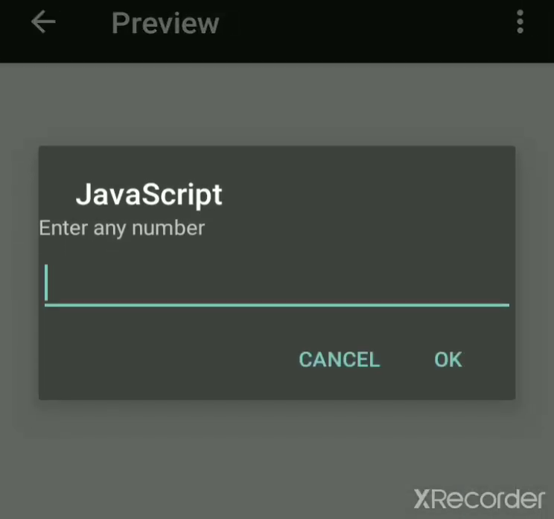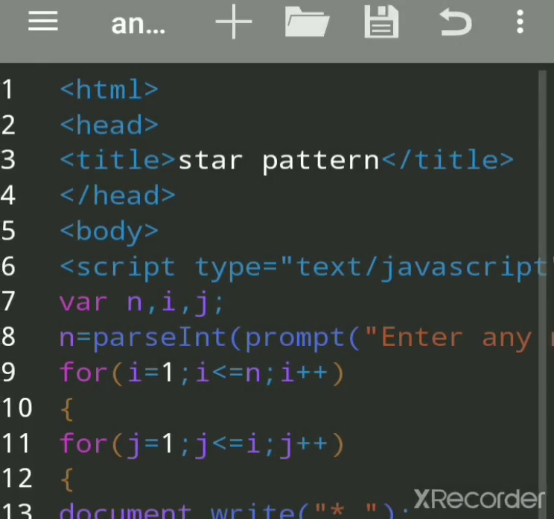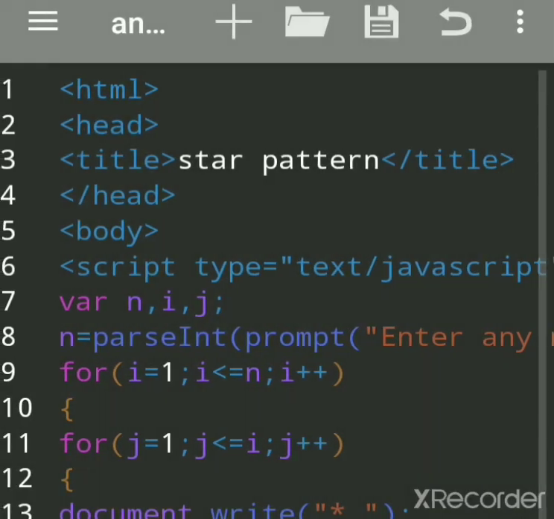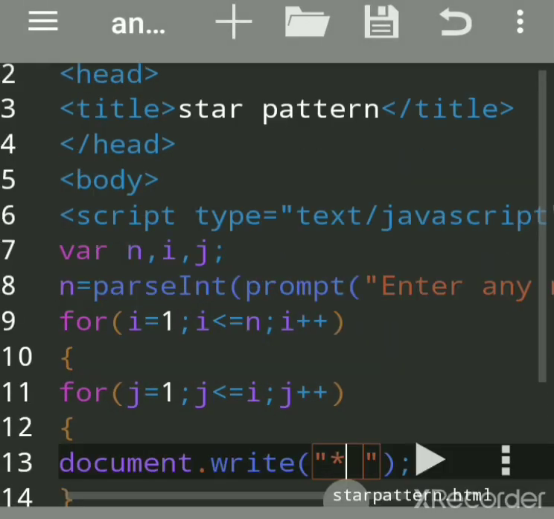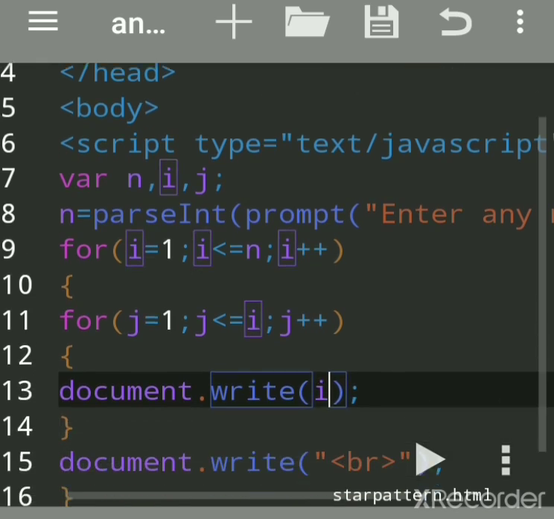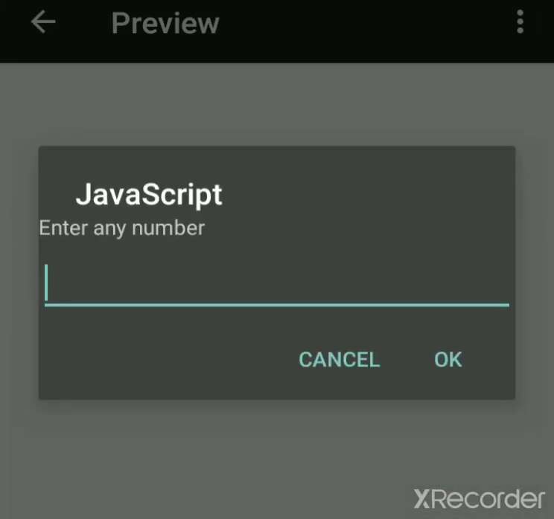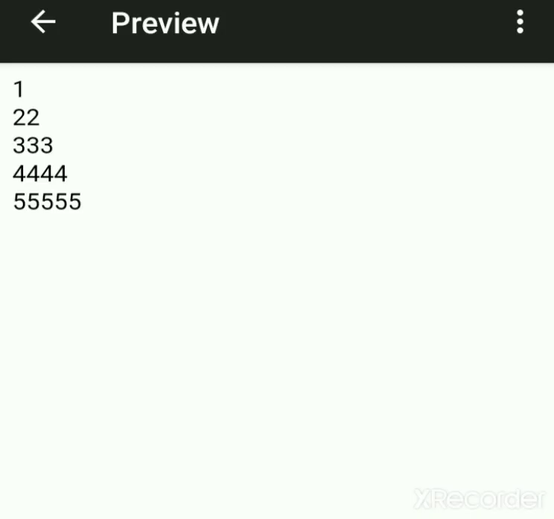So suppose I say 4, so this is 4 stars, suppose I say 10, so till the 10th level it will print. Now instead of star, suppose I want number format, suppose I print i, so i value it will print here, suppose I want till 5 levels, so 1 2 2 3 3 4 4.